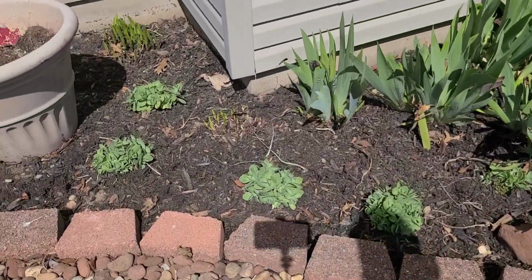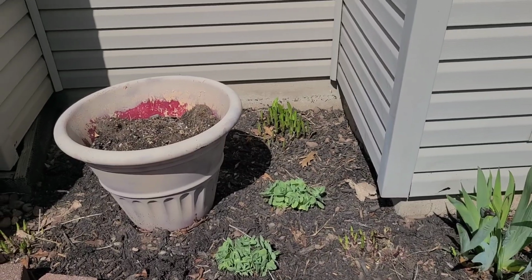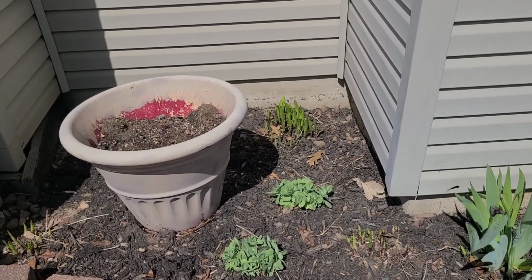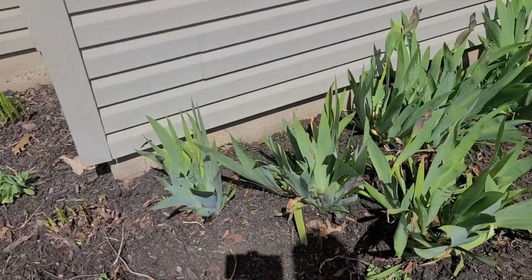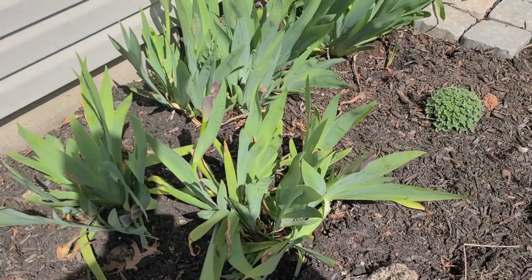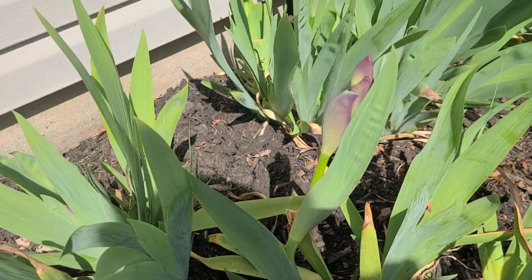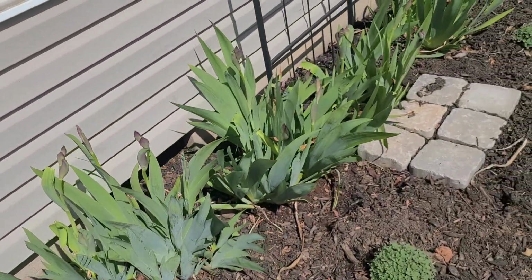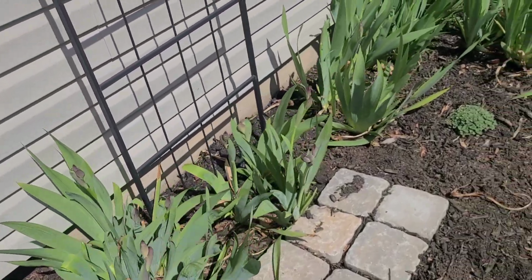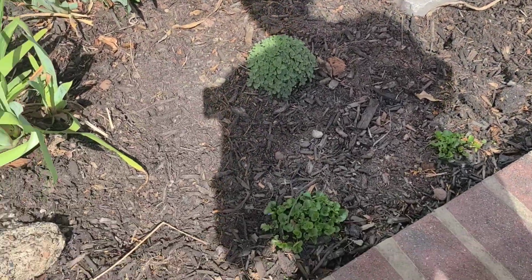Here, you can see the hostas are beginning to pop up. These urns right here, I will put in the canna lilies. That's what goes in there. And then here, take a look at my irises, and look, I'm just seeing it with you. They are beginning to bloom, and we're going to have those beautiful purple flowers really soon. Really happy about that. More cat mint right here, and then I did a